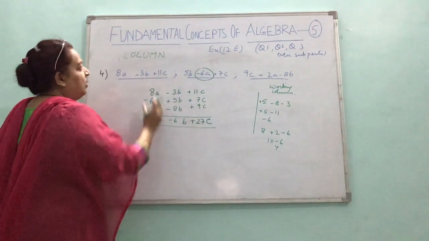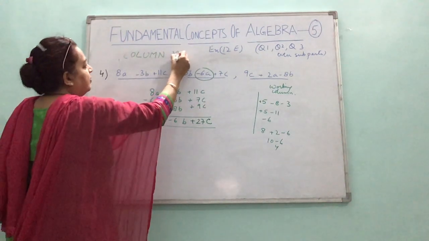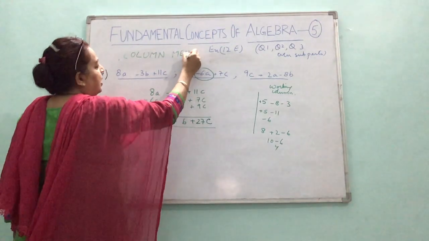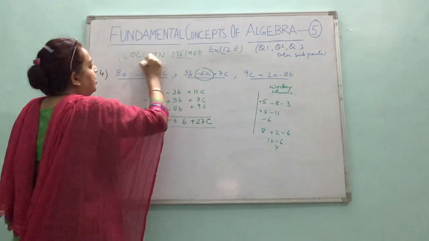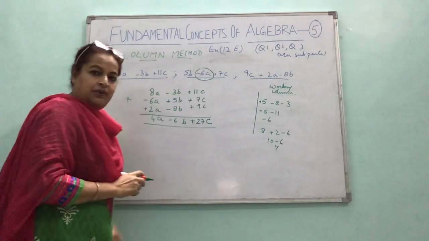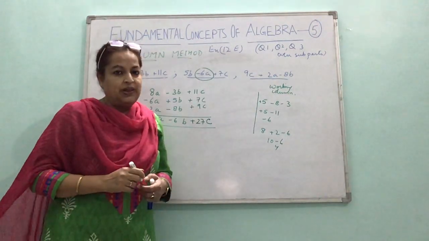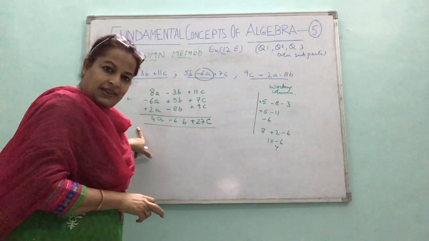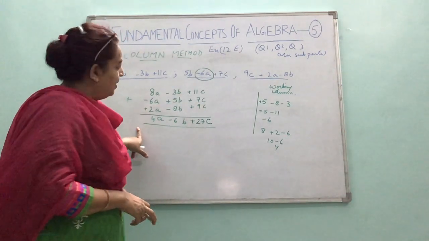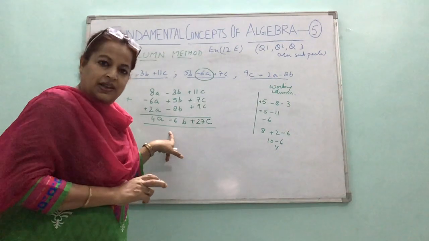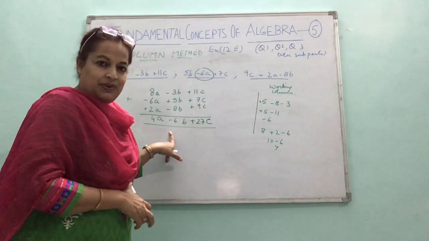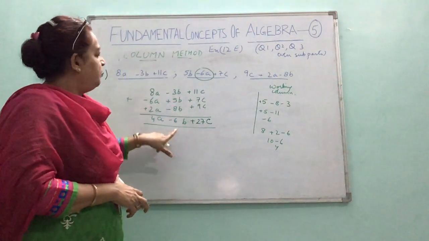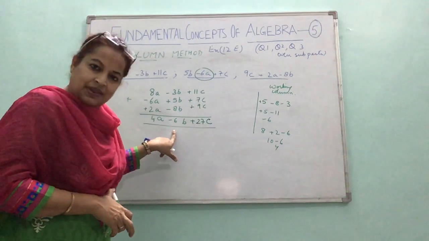Columns. We are making columns. Column method of addition. This is easier, and with this method you make fewer mistakes. Single line method is also possible, but column method is the easier method for children to follow. I'll take one example where I'll teach you the single line method also, but I would prefer that you proceed by column method. Okay?